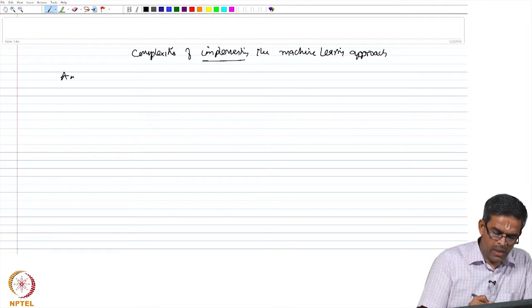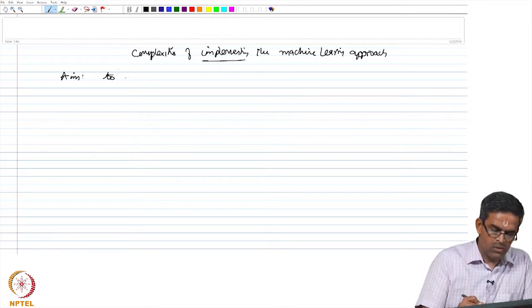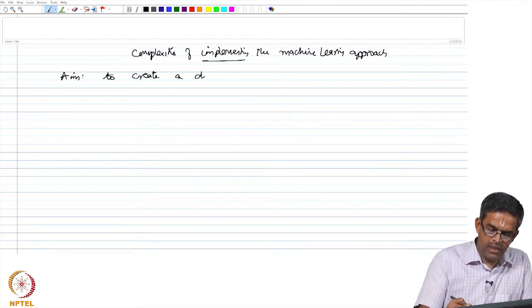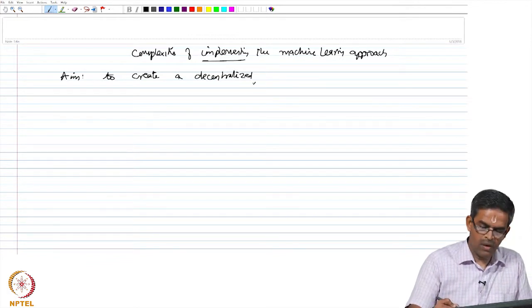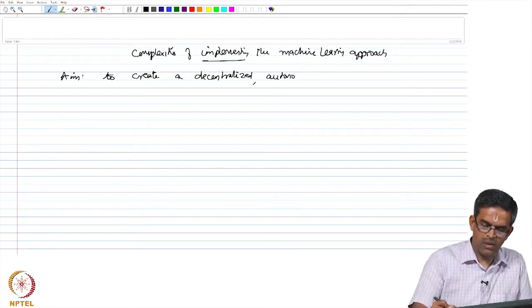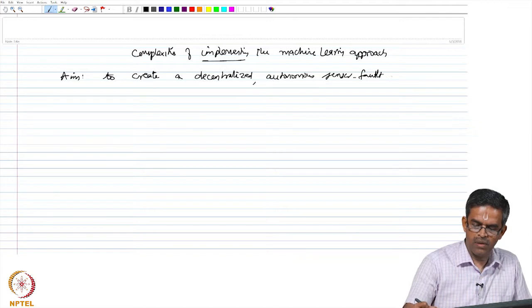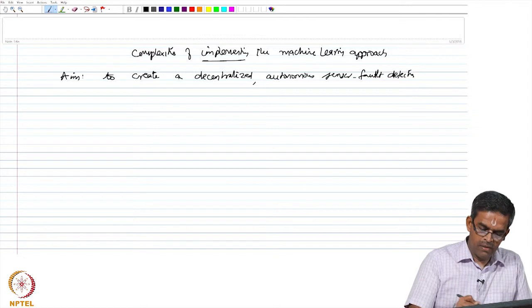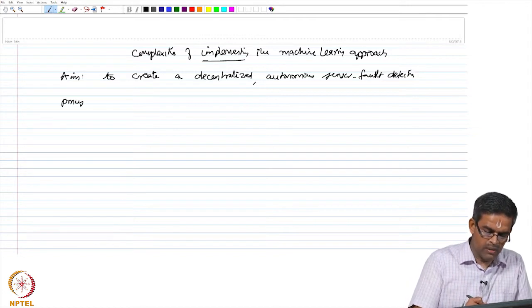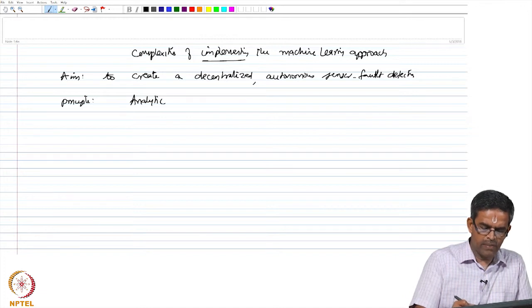As I said at the beginning, the aim was to create a decentralized, autonomous sensor fault detection. The principle used here should be analytical redundancy,